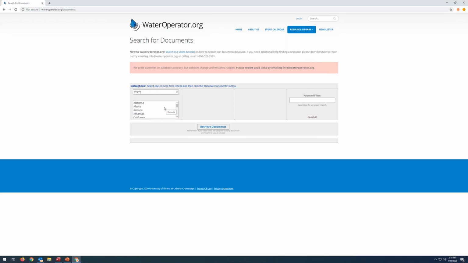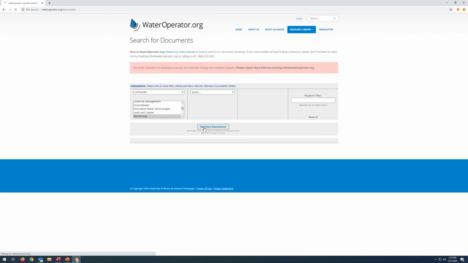State will be state-specific documents. So if we have any resources that are applicable to an individual state, you can search for documents using the state filter. And finally, host will be the organization that developed the document. So I'll walk you through an example of how to search for some of the documents. Let's say you want to look for documents related to compliance monitoring. You can go to category and select monitoring, which is one of the filters.